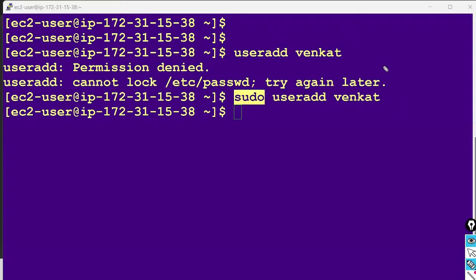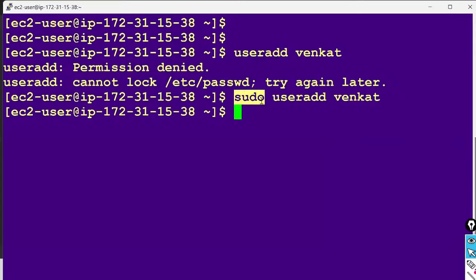Suppose you learn something and enter an IT company, they will assign a task to you, but you must enter as a sudo user only, not a root user. Tomorrow we'll explain what a sudo user is and everything about it. It is a very, very important session.